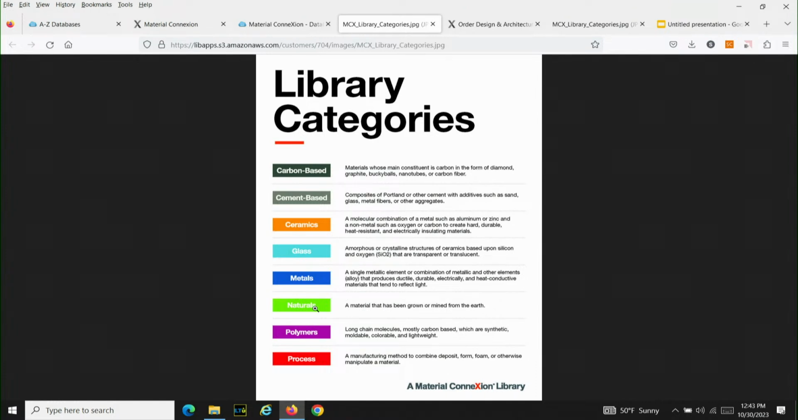And each of them has further information here describing what makes something carbon-based. In this description, materials whose main constituent is carbon in the form of diamond, graphite, buckyballs, nanotubes, or carbon fiber. Now, if you're not a material scientist, and I am not, they do have videos that they offer for each of these descriptions to give a little bit further information on it. This is actually a good time where I should probably talk about